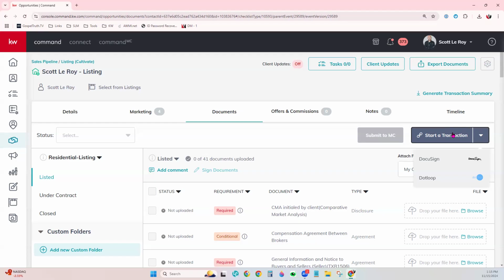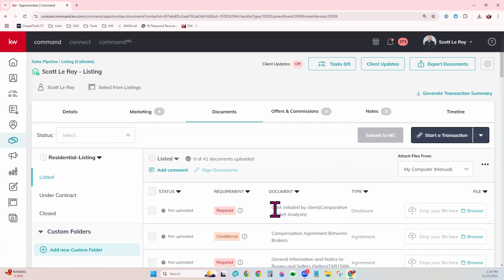You can go directly to docusign.com and work on your documents. You don't always have to come in through Command, except that very first time. You want to make sure it's linked properly. If the DocuSign room is created first in DocuSign before it's created in Command, it will not link properly. Okay. So we're going to go ahead and click Start a